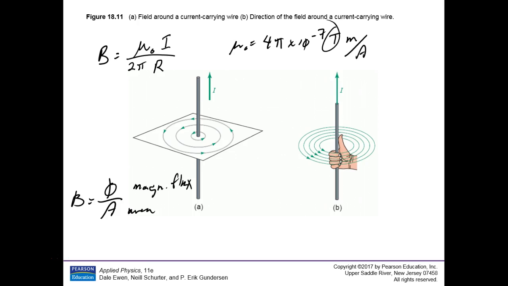Example 1. A power line carrying 400 amps. What's that a measure of? Current. I is equal to 400 amps. Both zeros are significant. It is 9 meters above a transit used by a surveying student. So what would that be? 9.00 meters. In Ampere's law, that would be your R. That's how far it is away. So the power line's 9 meters up there.